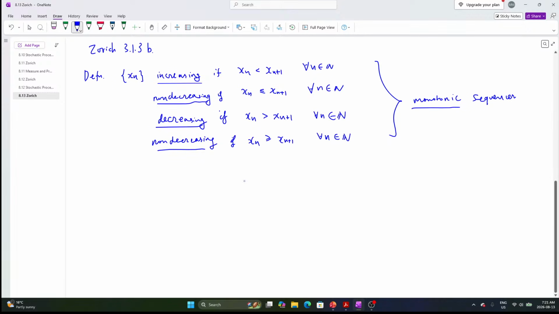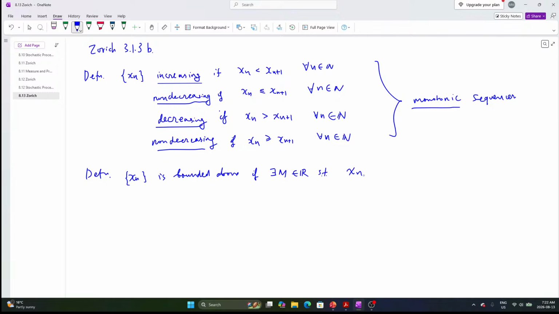Okay, so next up we have the second definition, boundedness, or bounded above. We already defined bounded sequence in the Cauchy sequence part of the stream, namely yesterday. So here, xn is bounded above if there exists a real number m such that xn